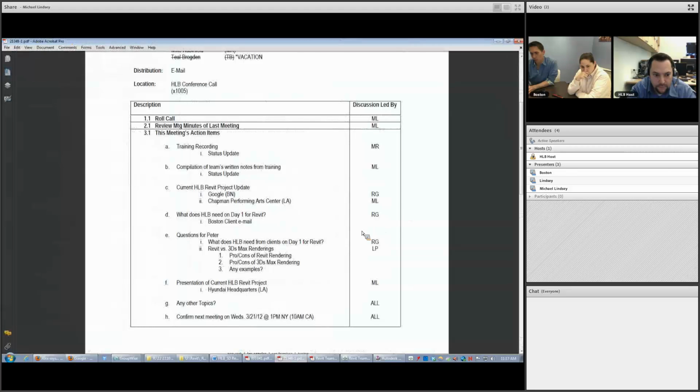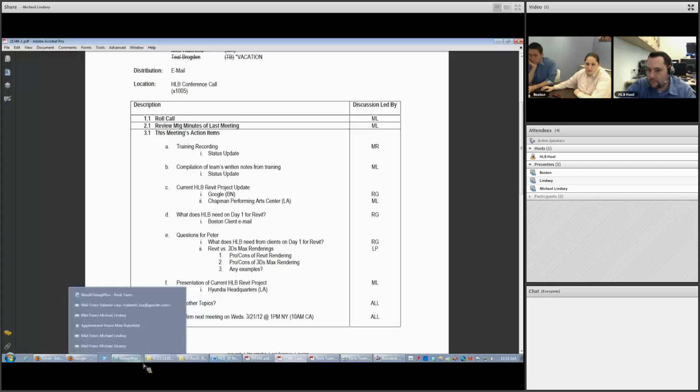Looking at our calendar, working our way backwards, I had tentatively shown a couple weeks from now on the 21st, a Wednesday, for our next follow-up meeting. Does anybody know off the top of their head if that's good or bad? That does not work for us.